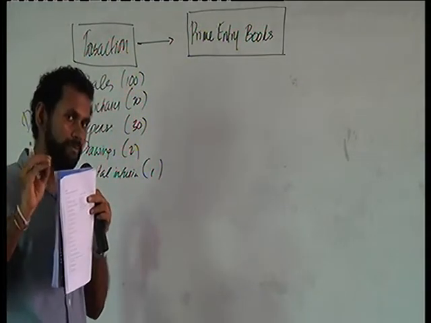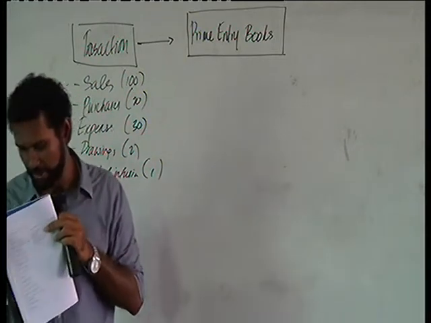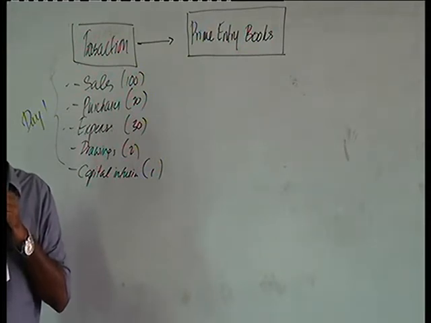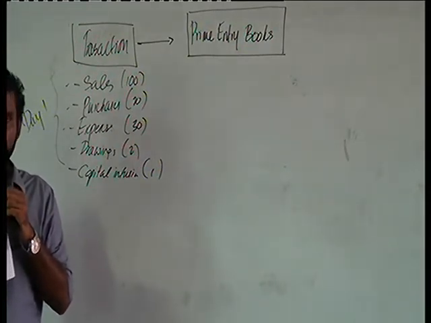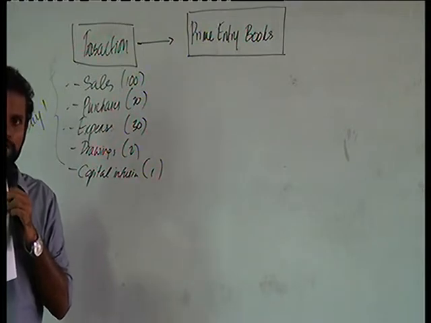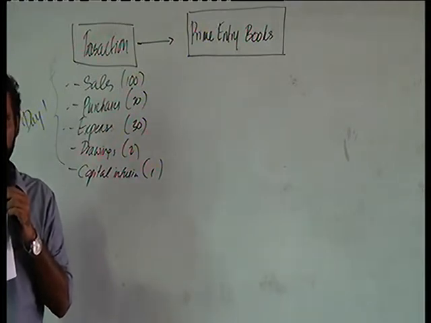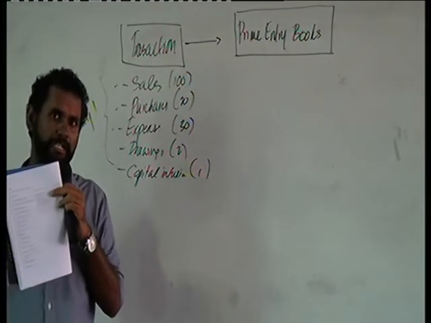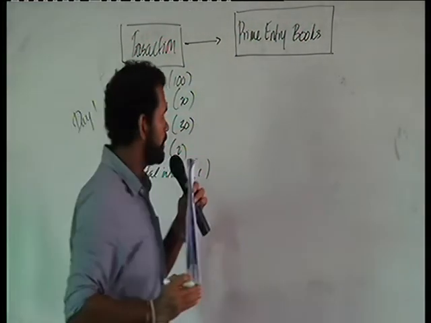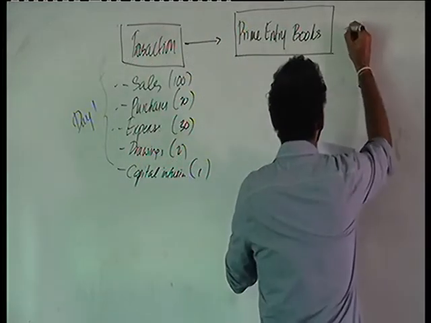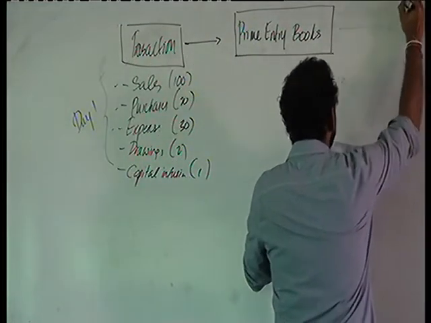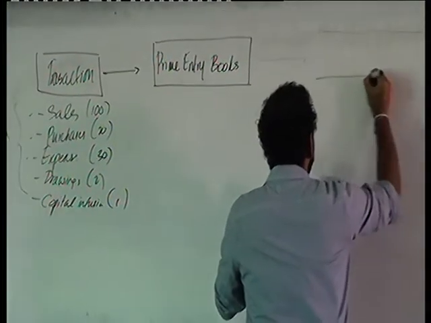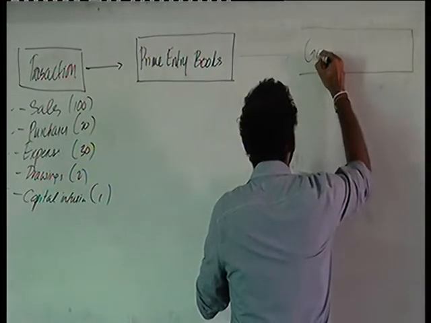And the prime entry books are not a part of the double entry system, as we discussed earlier. Prime entry books are not a part of the double entry system. A prime entry book is just a record where you summarize and keep all the records of a particular type of transaction that has happened during the day or during the period under review. Then, from the prime entry books, we will be taking all the numbers to the general ledger.